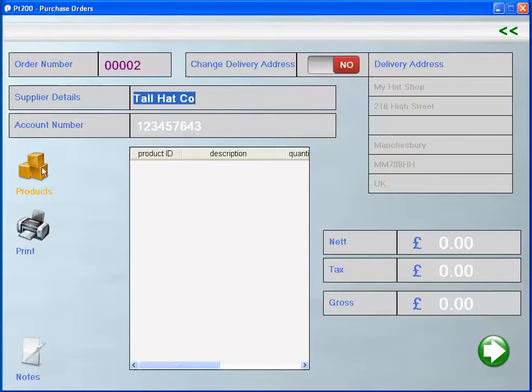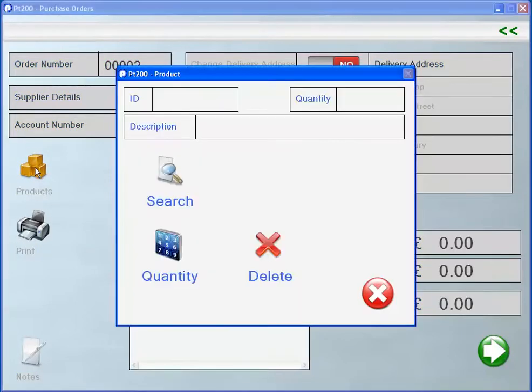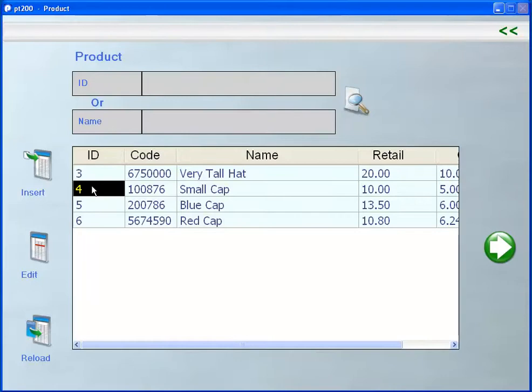Next we need to select some products for this particular order. So if we go right ahead and click the products button, this will bring up the product control. It's very similar to the ePOS product control screen. We have a search function, a quantity, and a delete function. If we go through to search, we can select an item,